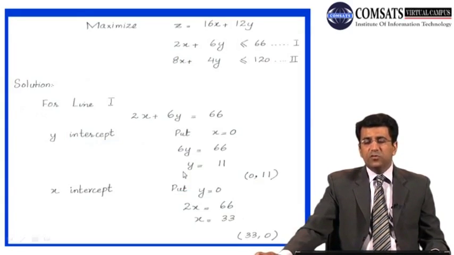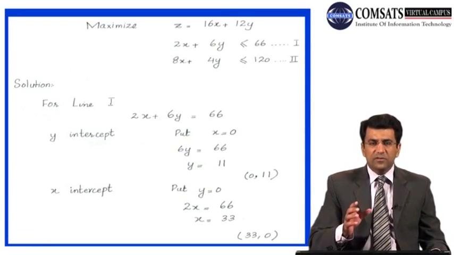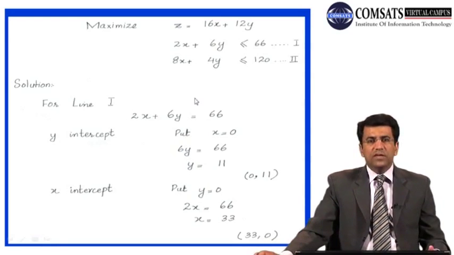And class, please don't be confused by these values of x and y. Sometimes we take the values x1 and x2. It's all the same, it doesn't make any difference. You can always take x1 on the x-axis and x2 on the y-axis, or you can simply take these variables as x and y. So these are our two constraints.